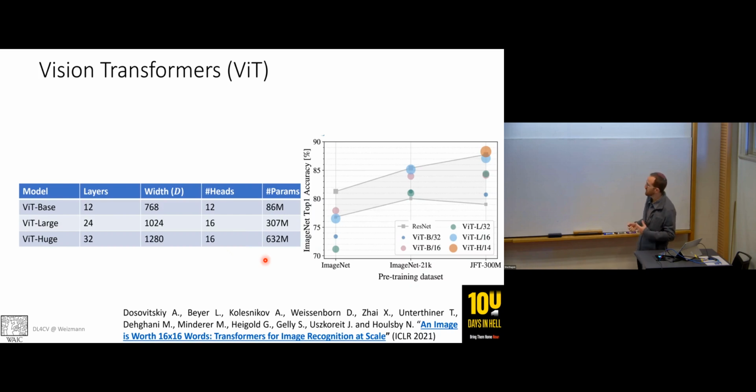So in their paper, they trained transformers on a very large data set of images. At the time, it was considered huge, 300 million images. Now it's considered moderate. And then they fine-tuned on a small data set, which was the 1 million image ImageNet. And they showed how performance scales with the data that was used to pre-train the network. And as you can see, they used larger models and got better performance on ImageNet 1000 when they fine-tuned the